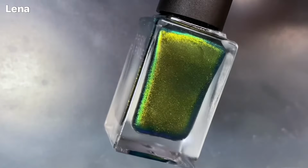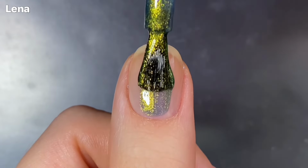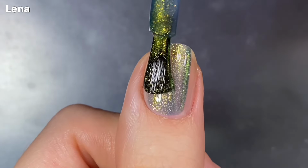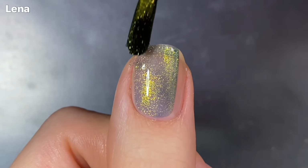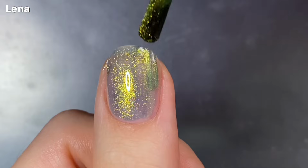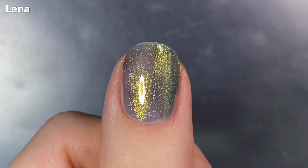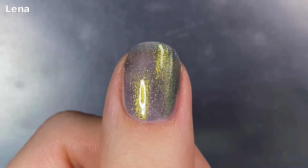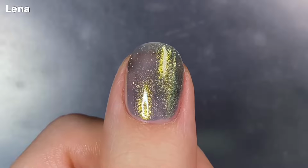So moving on to the Golden Age Glam collection, the first polish we have here is Lena, inspired by Lena Horne, who was a Black actress, singer, and civil rights activist. This one has a shifty green shimmer in a navy base, which might be kind of hard to see because the shimmer is so strong, but it definitely has this dusty, muted sort of blue color underneath all of